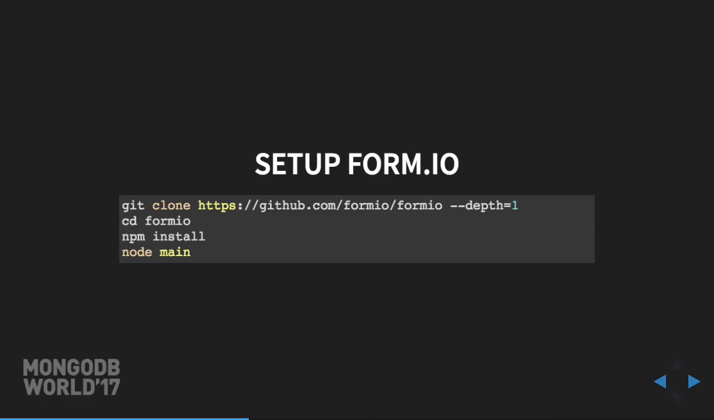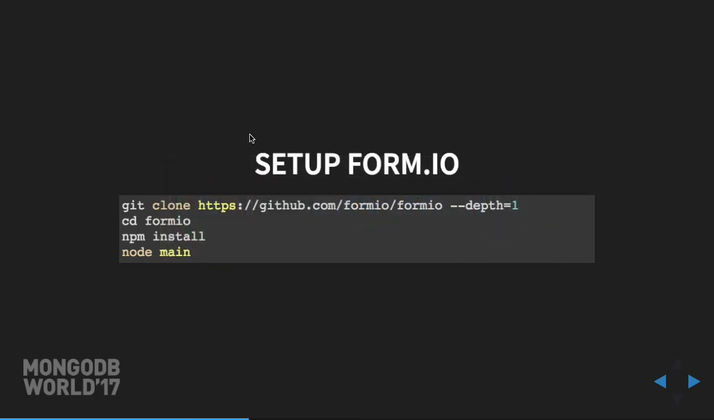So the first thing we're going to want to do is clone Form.io. You're then going to want to change directory into the Formio directory, and then you're going to want to type npm install. Now, one thing I will say, if you're on a Windows machine, you may run into some errors. What I recommend for Windows users,